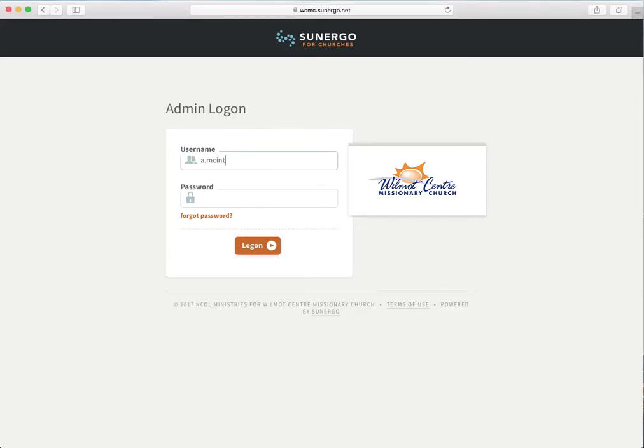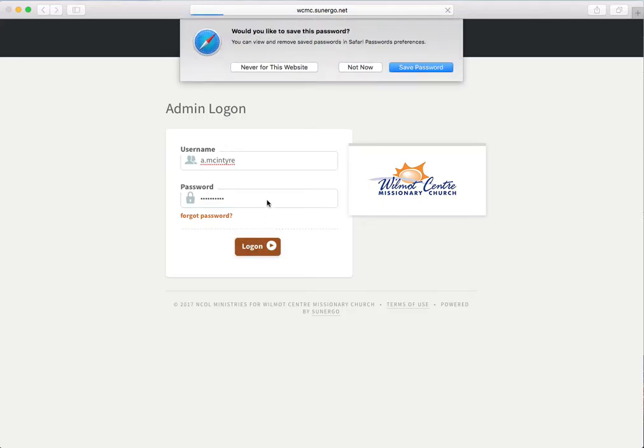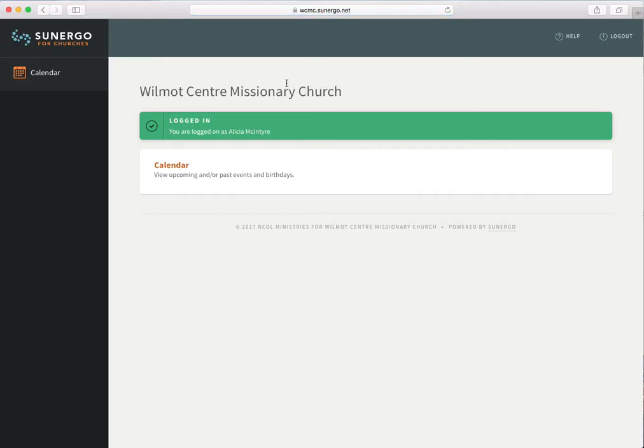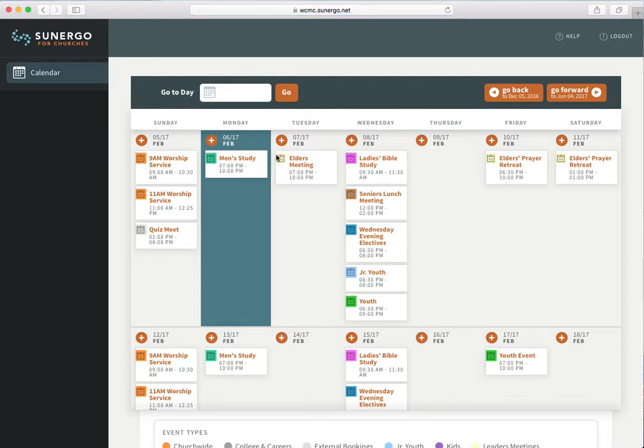And your username is typically your first initial dot last name. And so you type that in the username, then you press the password, and you select log on. Now this brings you to the database, and you have very limited options. If you have different roles within the church, then you might have more options. But regardless, you select calendar, and then